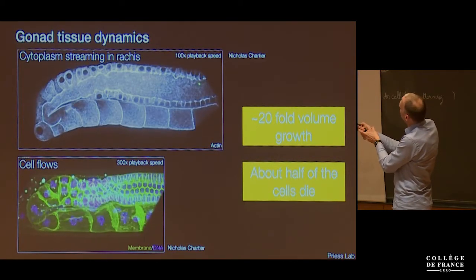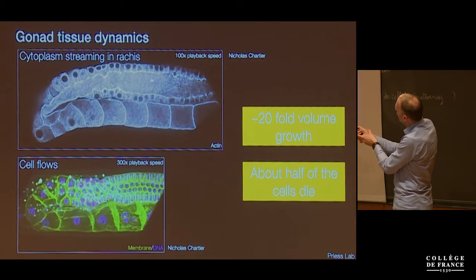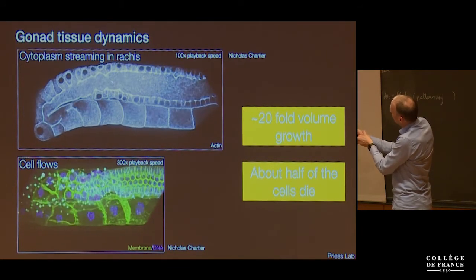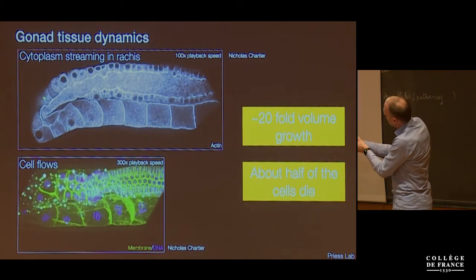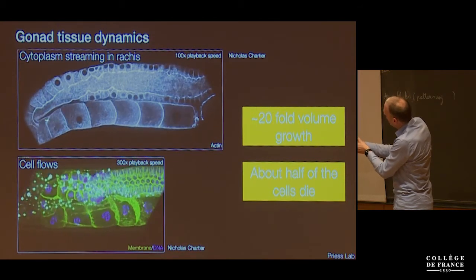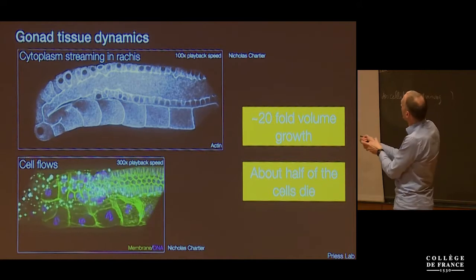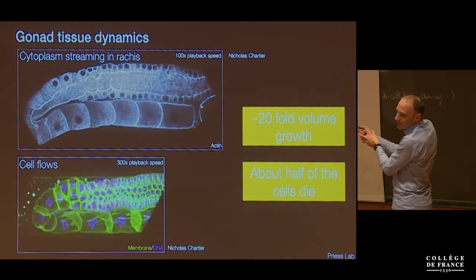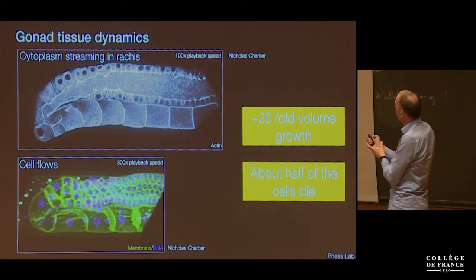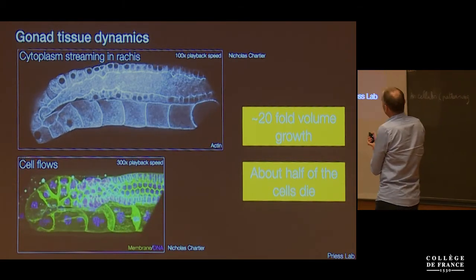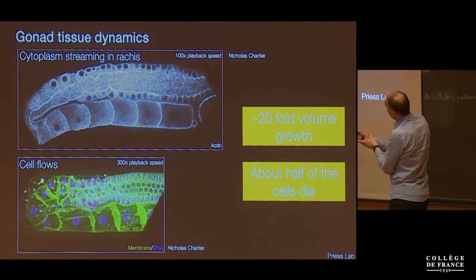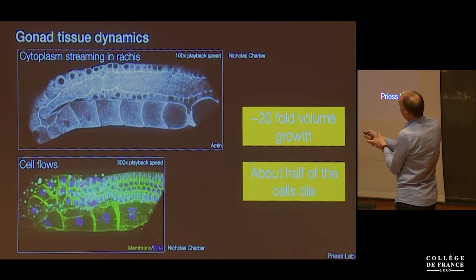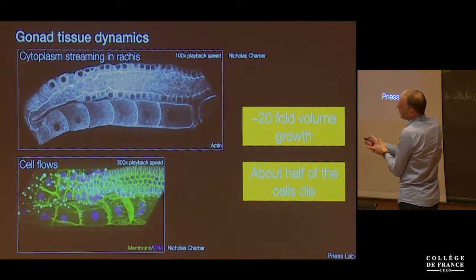And I hope you can see here that there's a flux of cytoplasm through this inner rachis structure. You see the flow speeds up, and especially in this region around the bend, the flow even goes into the individual oocytes. You'll see a fertilization event here, I think. Here, this egg just became fertilized, okay? All right. So there's lots of flows of material. There's a roughly 20-fold growth of volume, and about half of the cells die in this apoptotic zone.